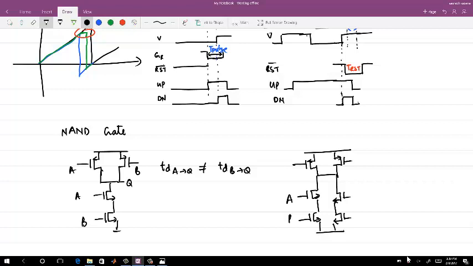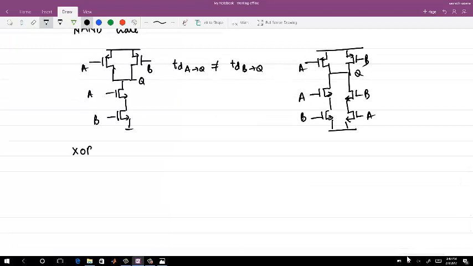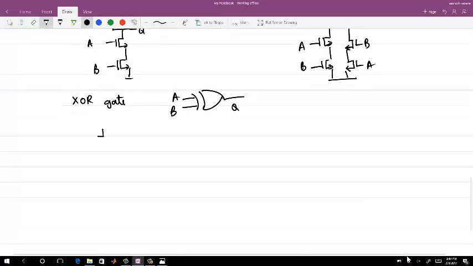I would say in any kind of logic, whether it's an AND gate or an XOR gate, or when you are using an XOR phase detector, if you're looking for symmetry, you should look at the input to output delays, and they should not differ. Since we are just talking, let me show you for an XOR gate. So this is A, B, and Q, and an XNOR gate is